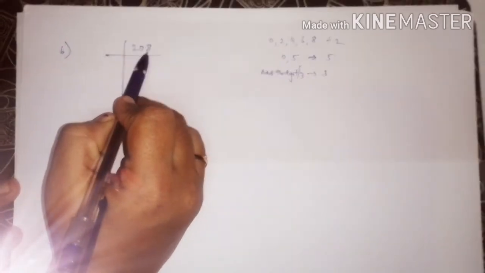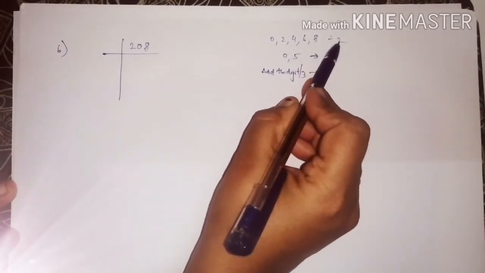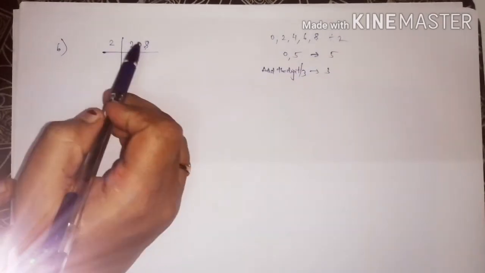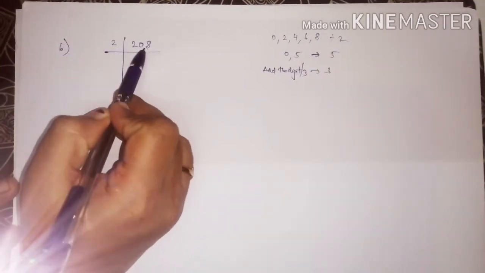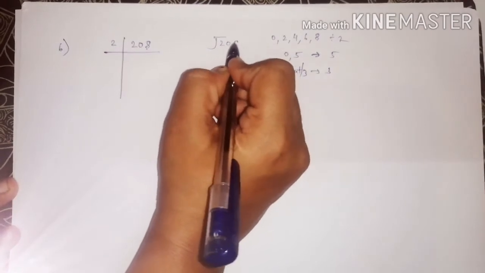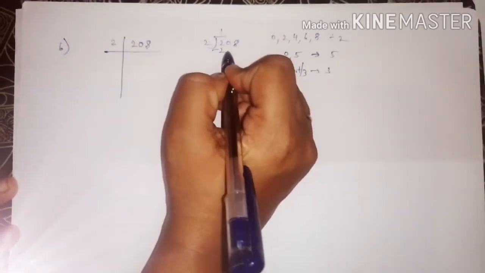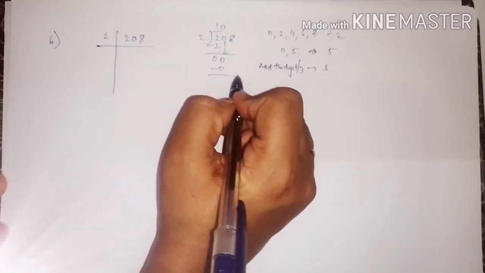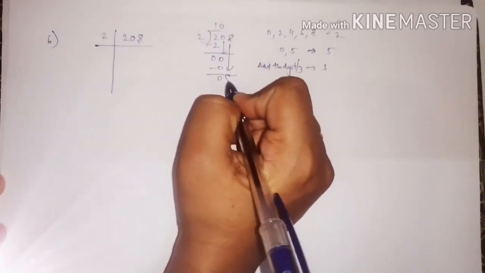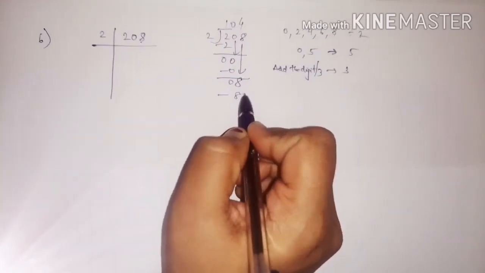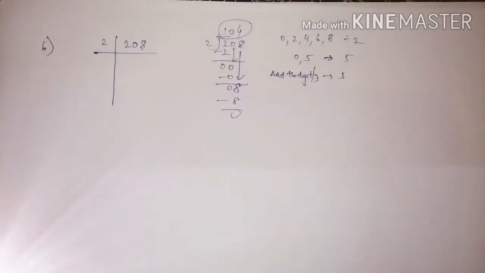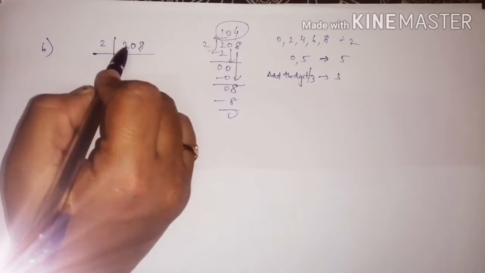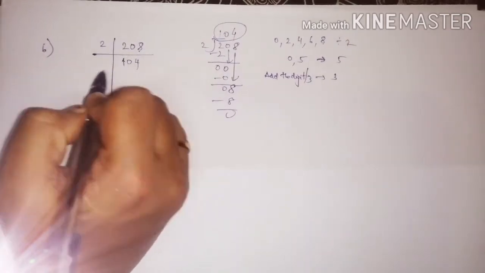So now the units place is 8. So it will get divided by 2. So write 2 here. 208 divided by 2. If you can't divide directly, you can do it in rough like this. 2 ones are 2, 2 minus 2 is 0. Take this 0 down. 2 zeros are 0, 0 minus 0 is 0. Then 8, 2 fours are 8. So what answer did you get? 104. 104 has to be written down. So here you will write 104.